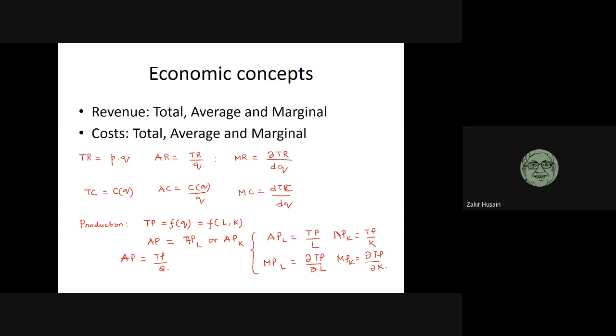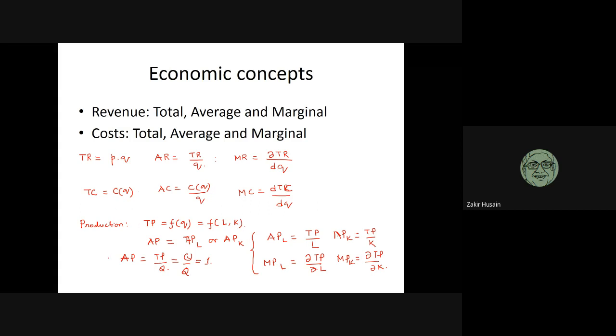So should I divide by Q over here also? Sir, revenue is related to quantity, but production is related to the inputs. That's why we can't use quantity in production. No. What is the total product? This is also Q. So basically what I'm doing is I'm dividing Q by Q, which will always be 1. Right. So this is not the correct definition.